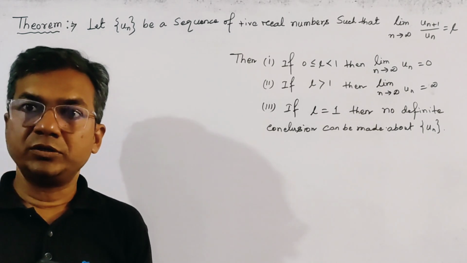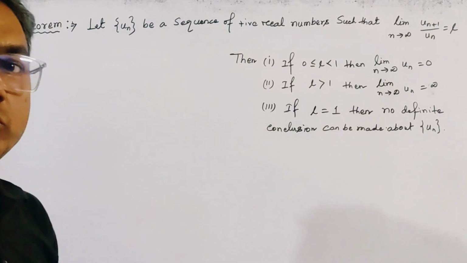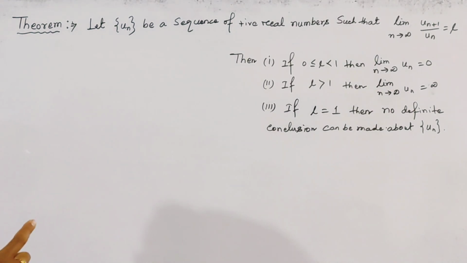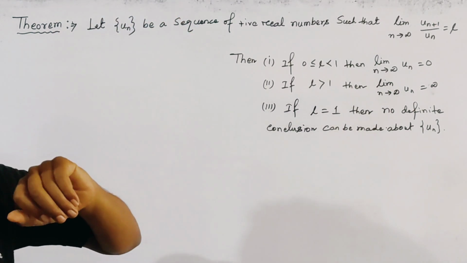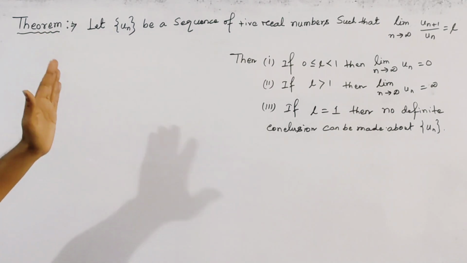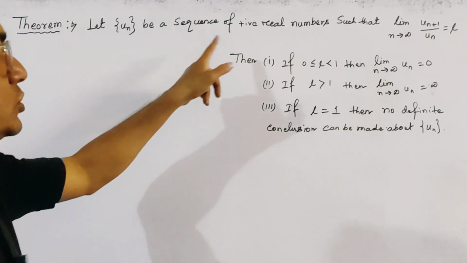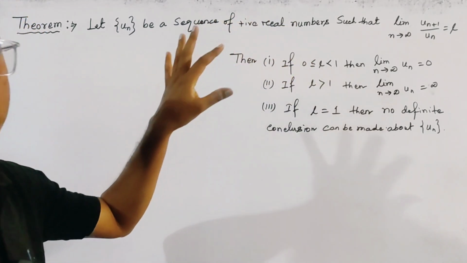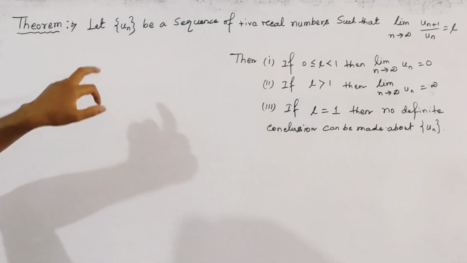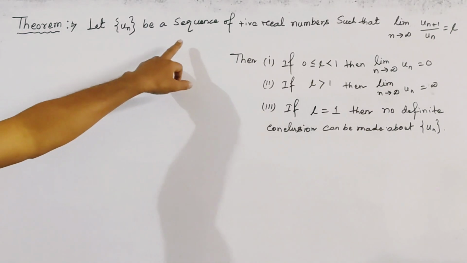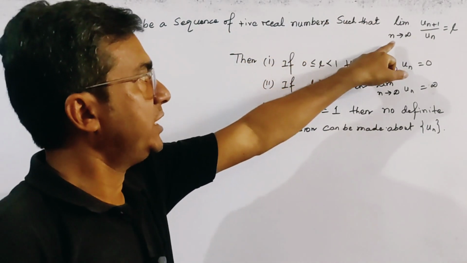In this lecture, we are going to discuss an important theorem of sequences of real numbers. In this theorem, we state the condition under which a sequence of positive real numbers is convergent. Okay? And the statement is: if un is a sequence of positive real numbers such that